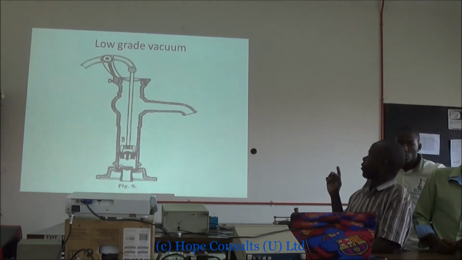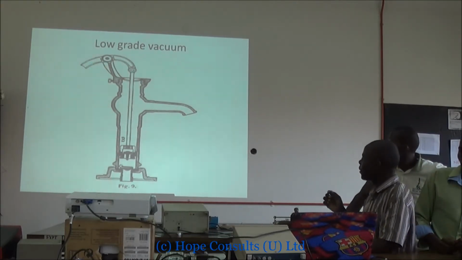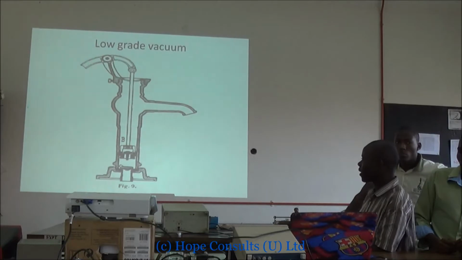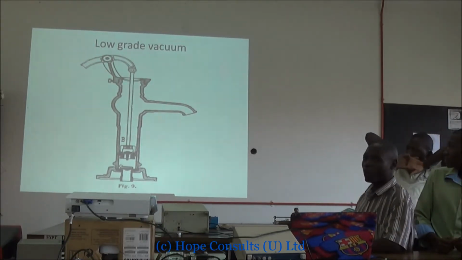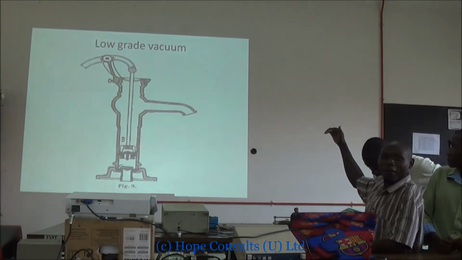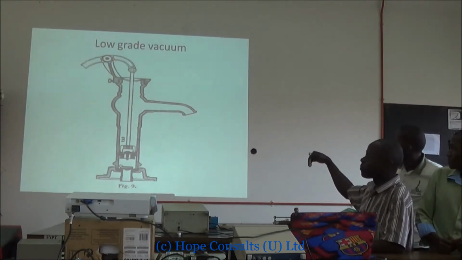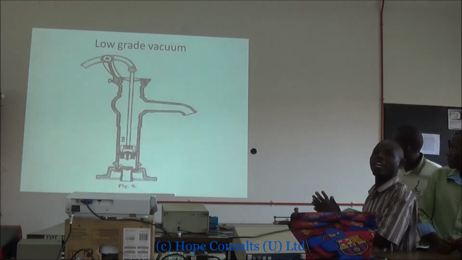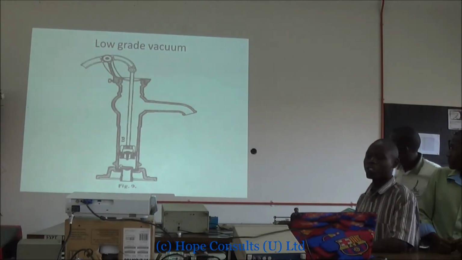It means that the vacuum produced is not good, such that when you try to compress air, some air, instead of moving out, can create a dead space above the piston. You wanted to remove air, but some of it can cause a leakage,